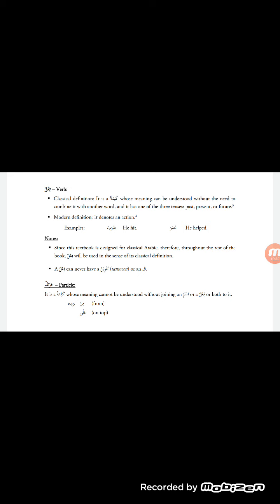So if you are reading an Arabic text and you come across a word that begins with alif lam, you will know that this word is an ism, a noun, because this is a sign that this word is a noun. Alif lam will appear before the ism, noun, not before the verb. Same with tanween: if the word ends with a tanween, you will know that this word is an ism, a noun. Why? Because a verb, a fi'l, will never end with tanween, and it will never begin with alif lam.